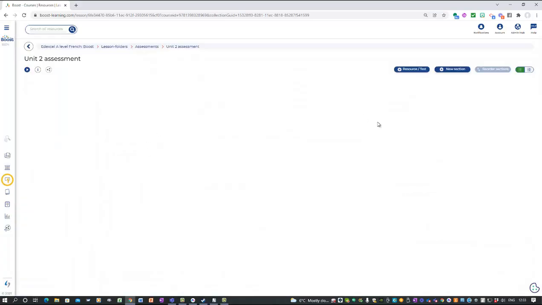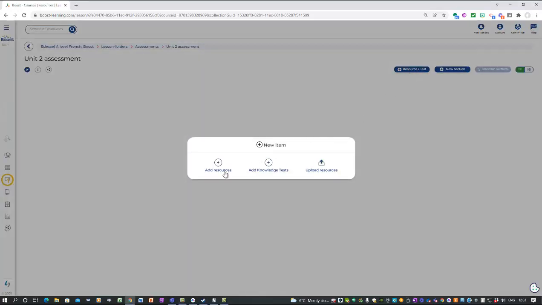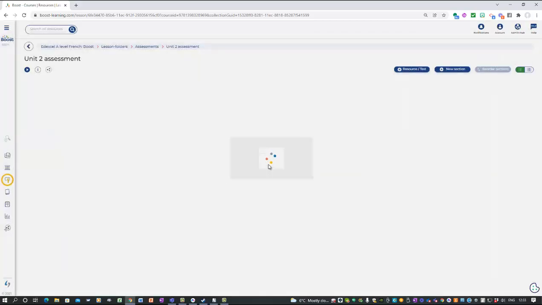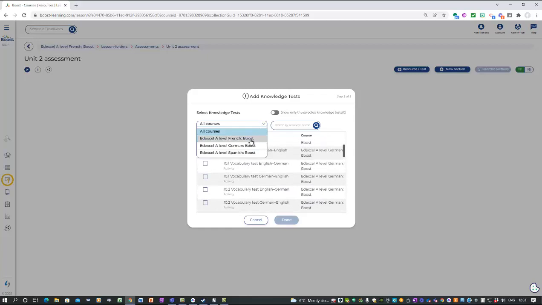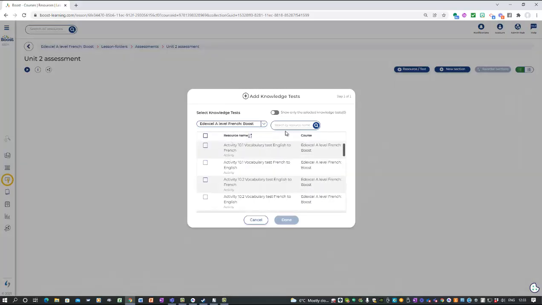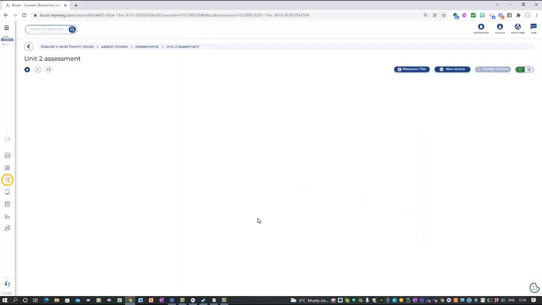But at the moment, this folder is empty, there's nothing in it. Now the first thing that I did, I thought this would work, would be if I add a resource, and you go to the resource, add a knowledge test. When I did that, you've just got so many options. Even if you define it by French, you have to know what it is you're looking for. So I'm now going to show you the way that I prefer. You could do that though, you can just click on it and then it would add it. So I'm going to cancel that,